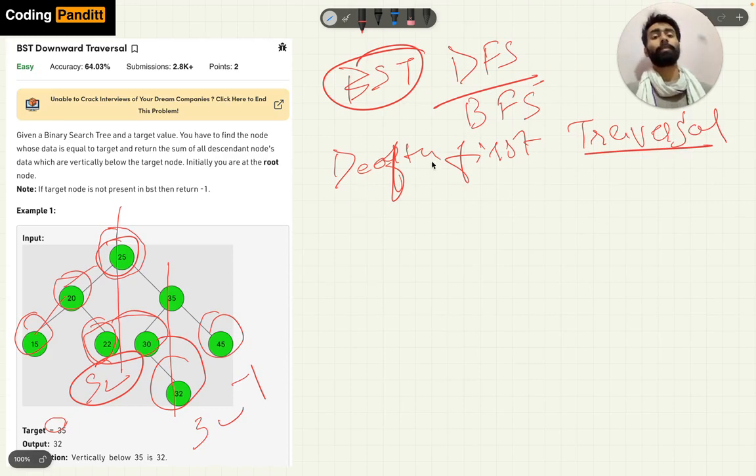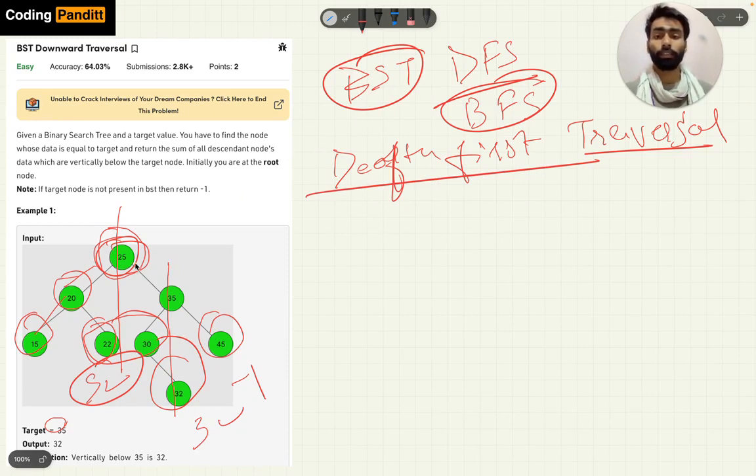So this is depth. And in BFS, breadth first traversal, we start from 25, then we traverse to 20, and then to 35. Then we start again from 15, then 22, then 38, then 45, and when we reach the end, we start from here, and that is 32. We will reach 32. So traversal can be of three kinds.